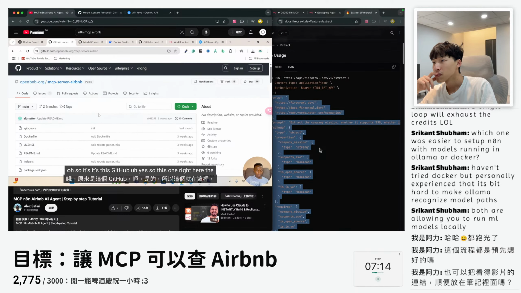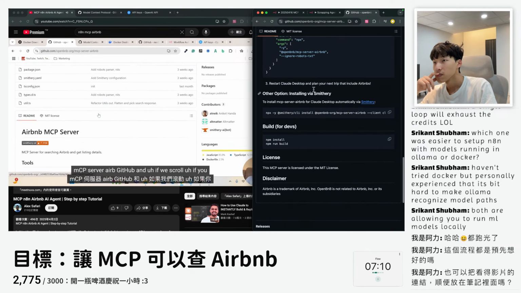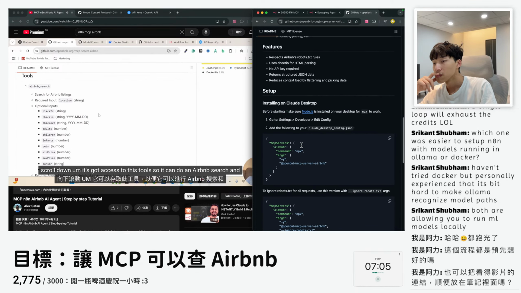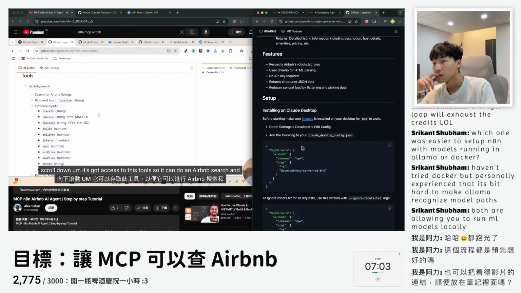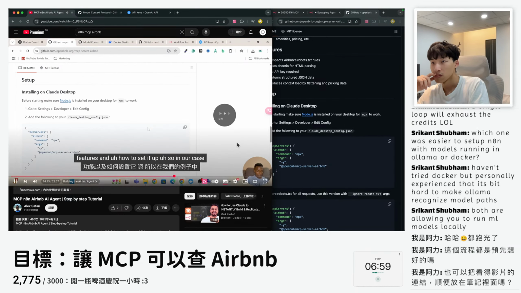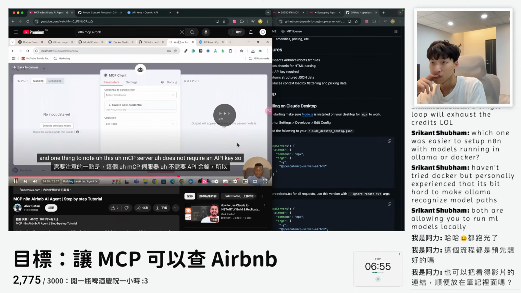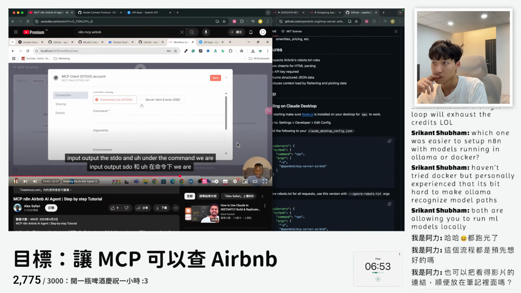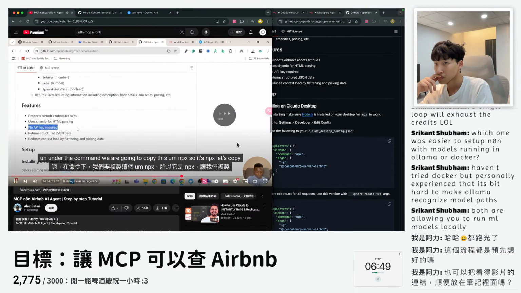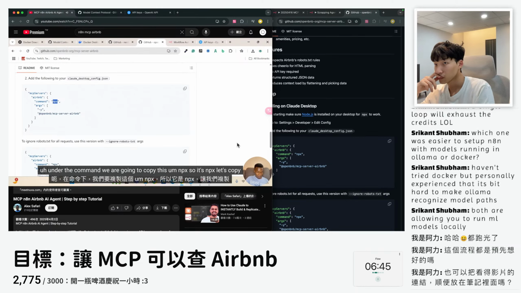Yeah, so this one right here, the MCP server Airbnb GitHub, and if we scroll down, it's got access to these tools, so it can do an Airbnb search. We are going to copy this. Let's go output the stdio, and under the command we are going to copy this npx. So it's npx.